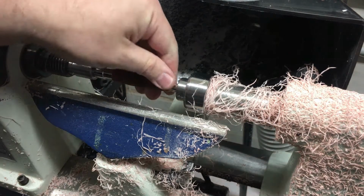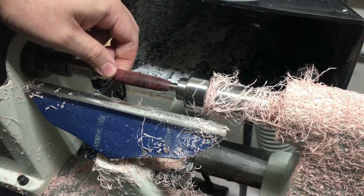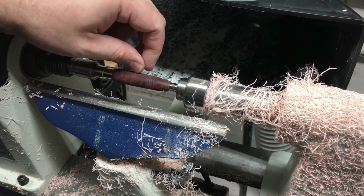Alright, so I've got the profile that I really would like to have. This is going to be my pen tip or my nib, and this is going to be the part that connects to the upper. As you notice towards the end there, I started to get a little chip out, and